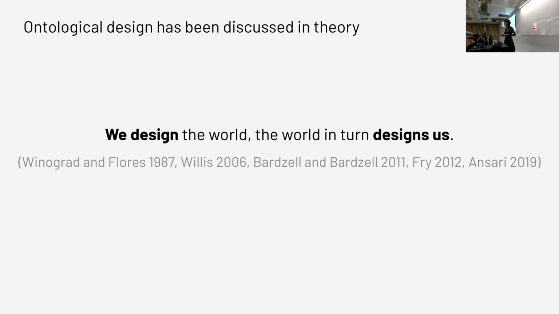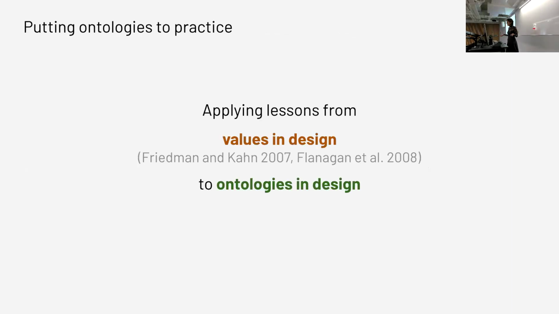But really, I don't think we have managed to do a good job in thinking about what it means to think about ontologies in practice in a more systematic way. But you know who has done that? Values in design. A long time ago, at least 20 years, but probably more than that, when the discourse on values in design was just entering HCI, we didn't have it perfect still, right?